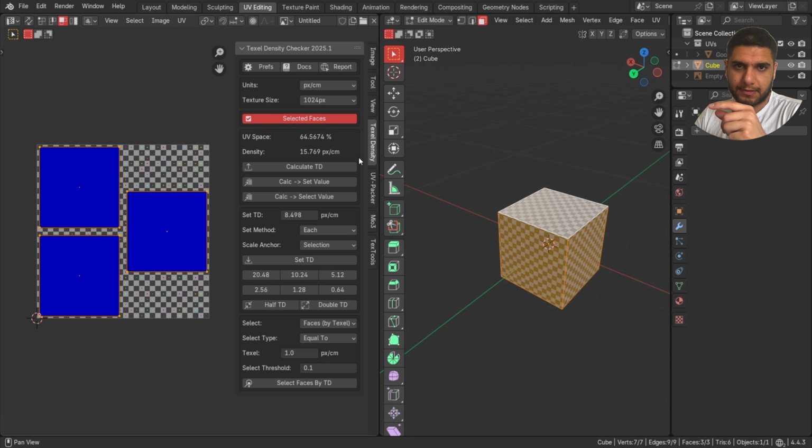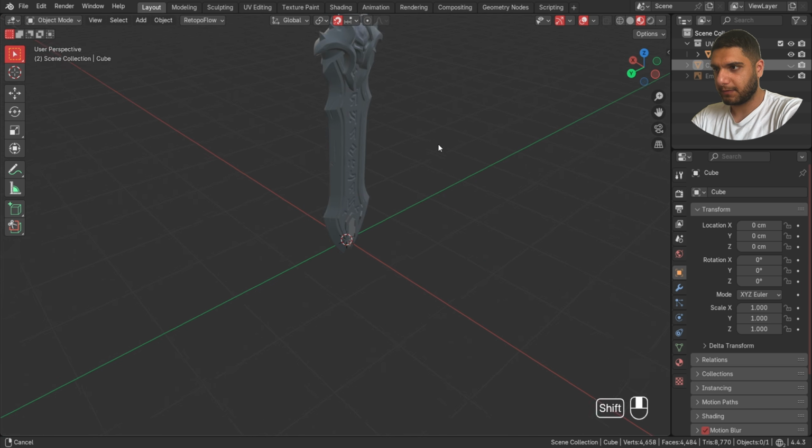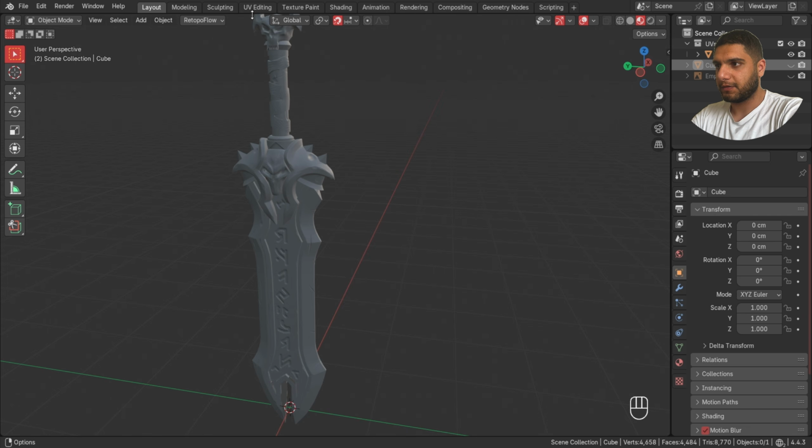However, the smaller it is, the crispier it's going to get. Now the question becomes, let's say I want to make a huge object, like a very big one. Actually, I have an example. Instead of a cube, I'm going to use the sword. It's quite huge. And if we go to UV editing,